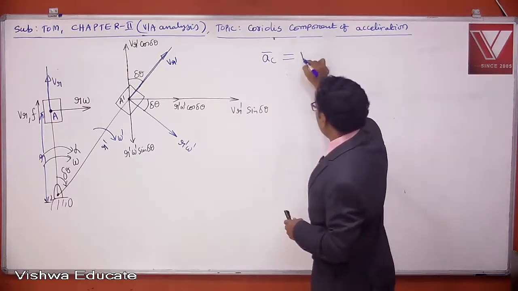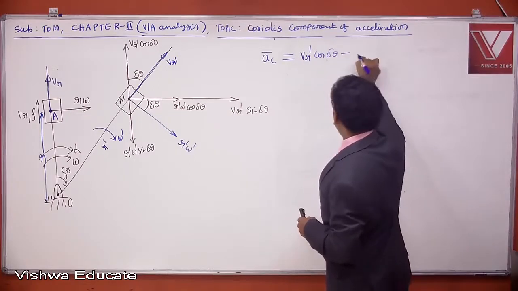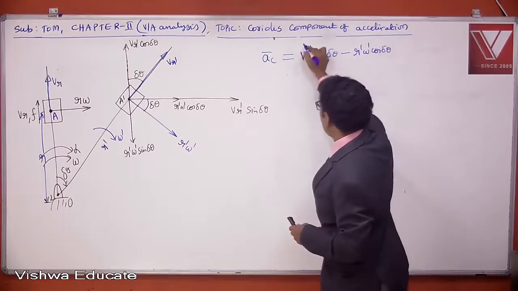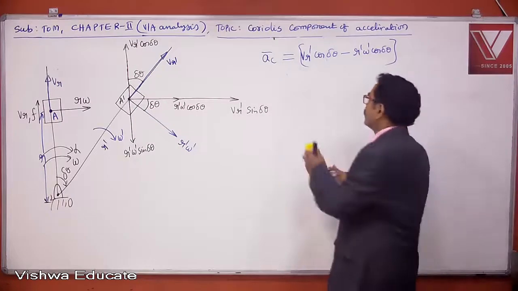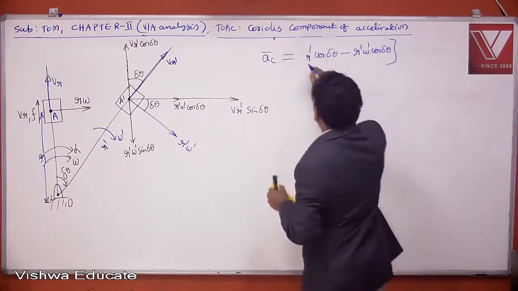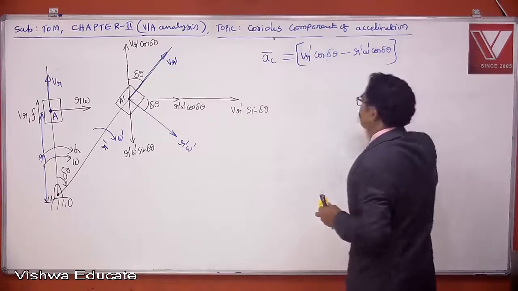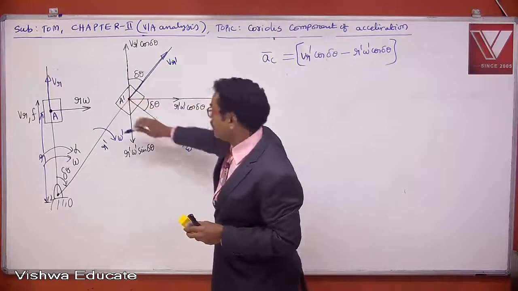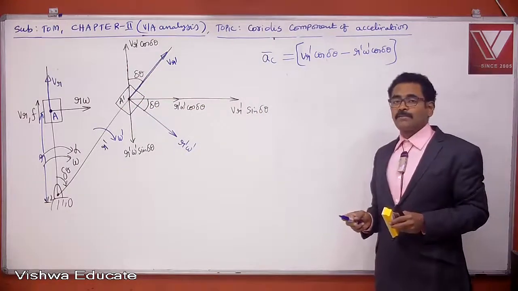I can write like this: VR dash cos delta theta minus R dash omega dash cos delta theta. Here I am putting minus because one vector is upward, the other is downward. I treat the upward component as positive and the downward component as negative. So this is the final velocity component parallel to link